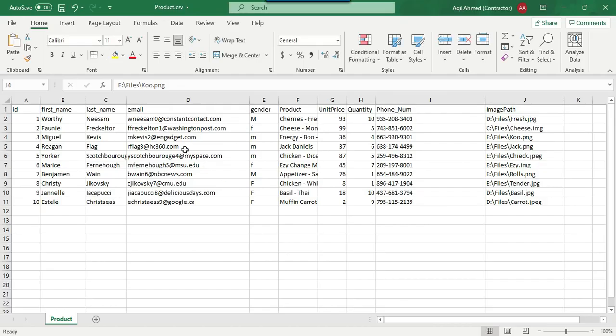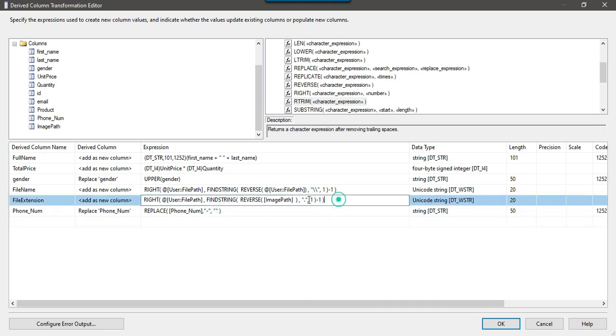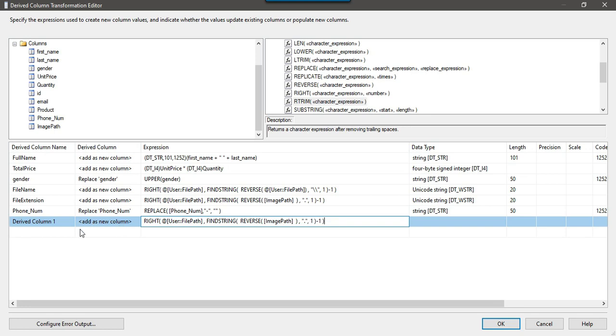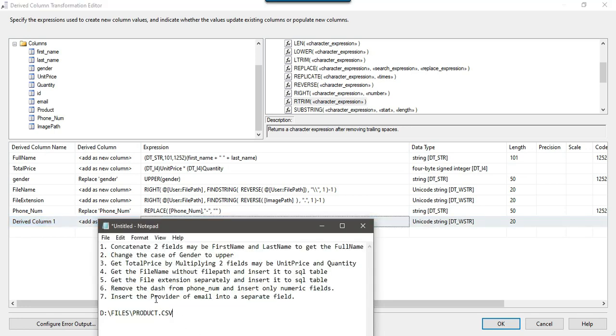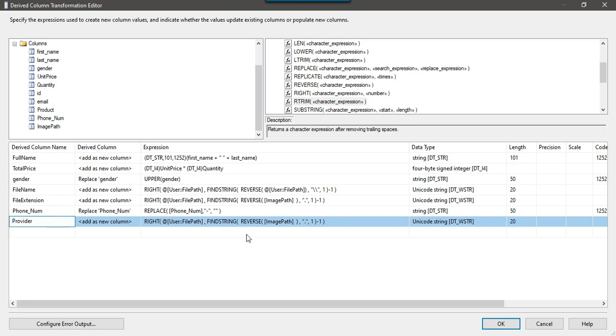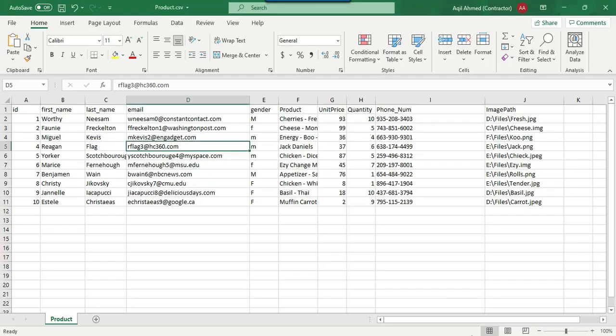So now the seventh point is insert the provider of email into a separate field. You saw that there are some providers like google.ca, deliciousdays.com. So we want to get everything after the @. I think the same code will work here. We can just copy this particular code, paste it here, and the new column will be called providers. So maybe I can copy this provider here, and then we want to get the values from the email column.